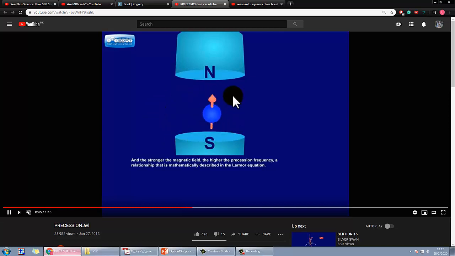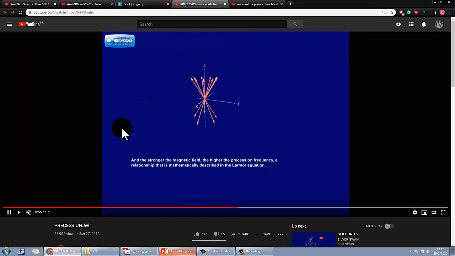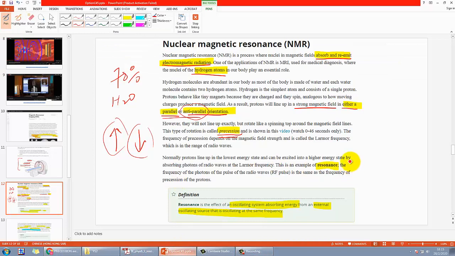In fact, our planets also have precession, and that's why the orbit has been changing slowly over a long time. And back to here,